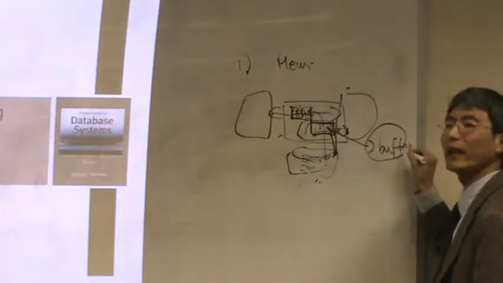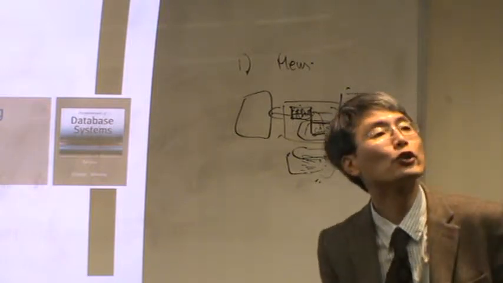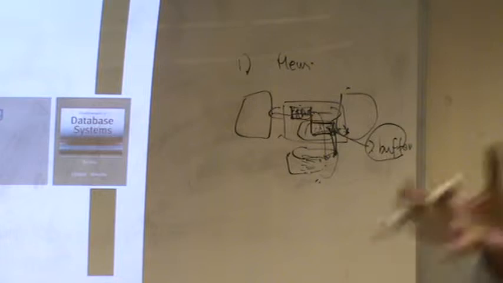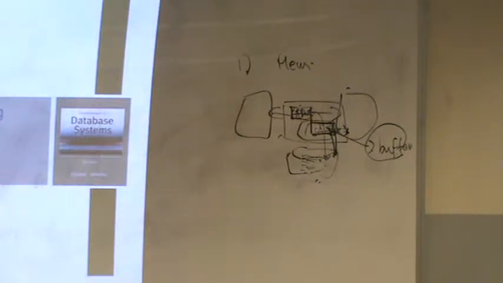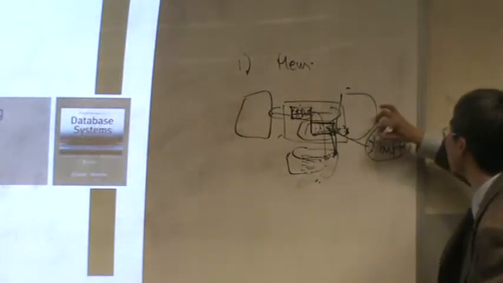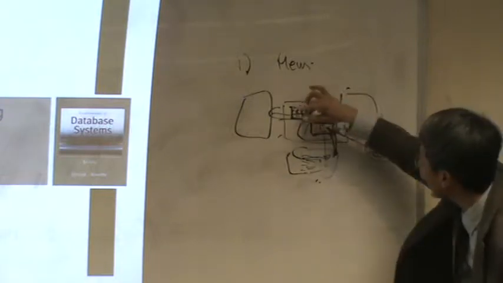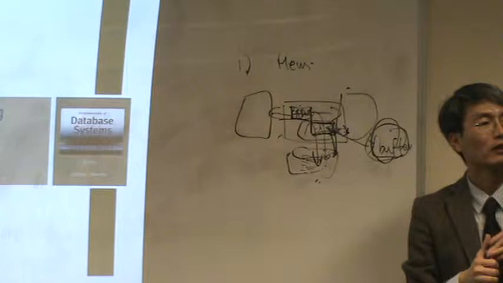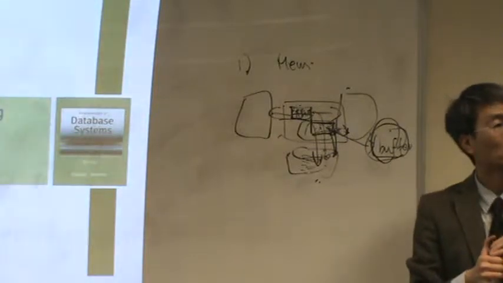So we use the name buffer. We can use the buffer as a cache. So put any retrieved data in the buffer. Next time, if somebody reads this data again, we are not going to access the hard disk drive, we use the buffer. Okay? So that is a reason.